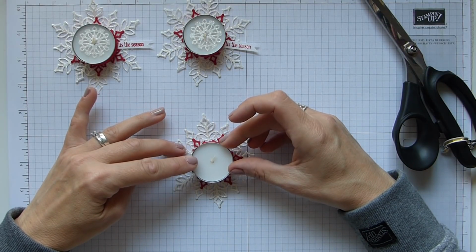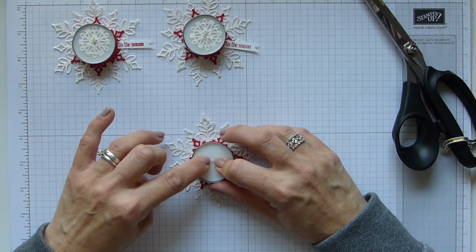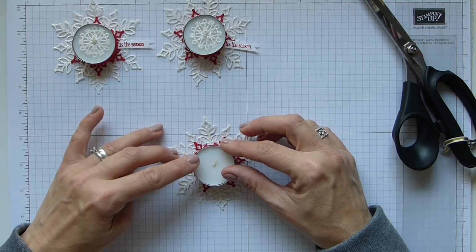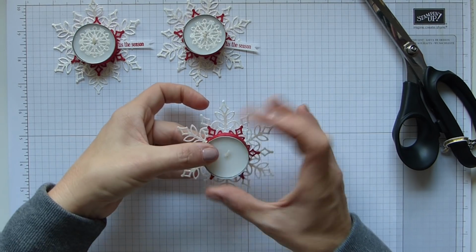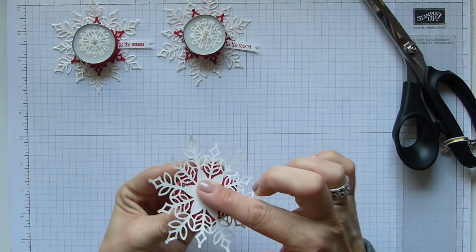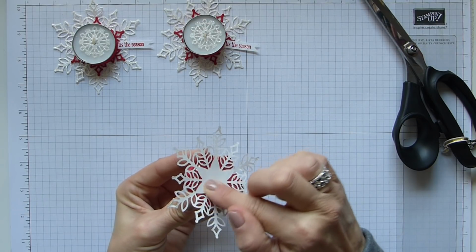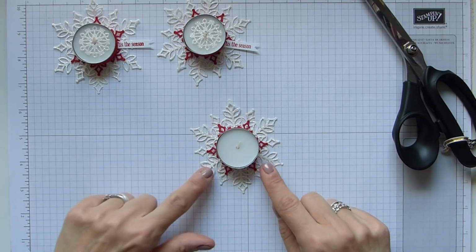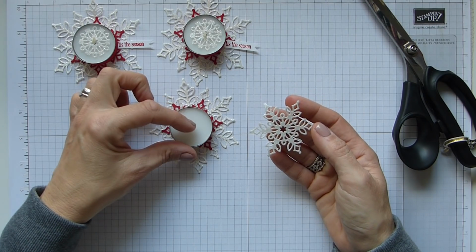Now you might have to stick your head over the top to get placement, and then I just sort of press onto my candle, just to get the glue dots to stick. Once you've done that, carefully pick it up, and then you can turn it over and give it a real good press and make sure those glue dots are stuck. And then pop your candle back down,